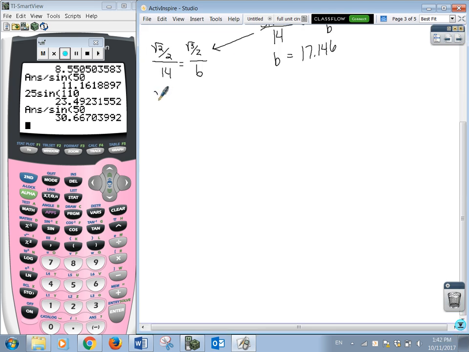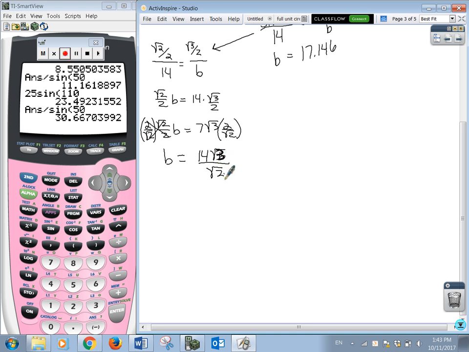So we get root 2 over 2 times b equals 14 times root 3 over 2. So that's root 2 over 2 times b equals 7 root 3. We've got to get rid of a fraction, so we could divide, but I'd rather multiply by the reciprocal because that's what we're going to have to do anyway. Those cancel to be 1. And b equals 14 root 3